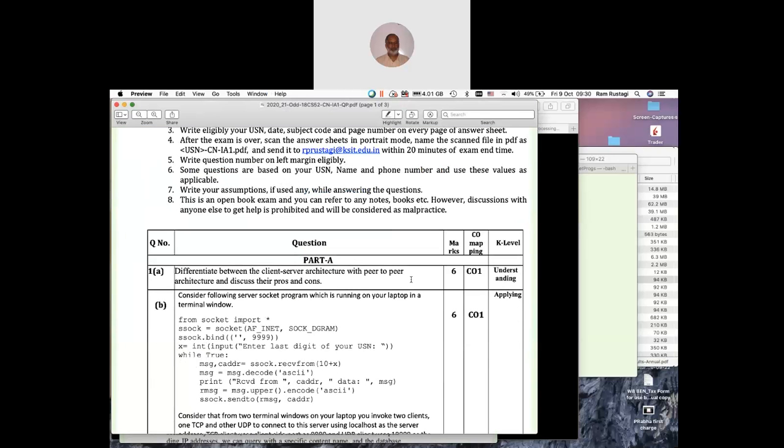The first question was more of a theory question. Some of you copied from the notes and didn't read the book. Very rarely, out of about 20 answer sheets I've seen, not a single one has answered that in peer-to-peer, the more the number of peers, the better it scales. In client-server technology, the more the number of clients, scaling becomes an issue and performance becomes an issue, but with peer-to-peer architecture, the more the number of peers, the better it becomes.